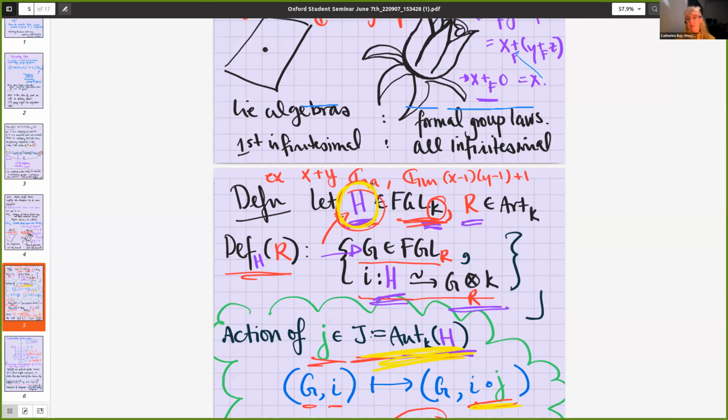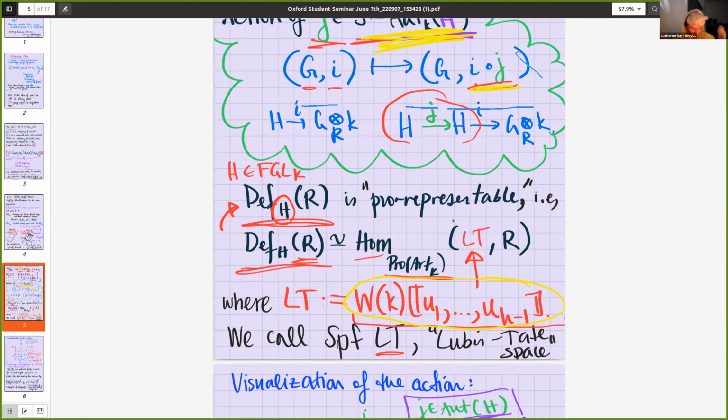Okay, so Lubin-Tate space. I mentioned at the beginning that there's this motif, a tale as old as time, of there being a space X and a group G acting on it. And we want to understand the action of G on X as group cohomology. So the group G that we are curious about is the automorphisms of a formal group of height H over a characteristic P field. So that is the group of interest.